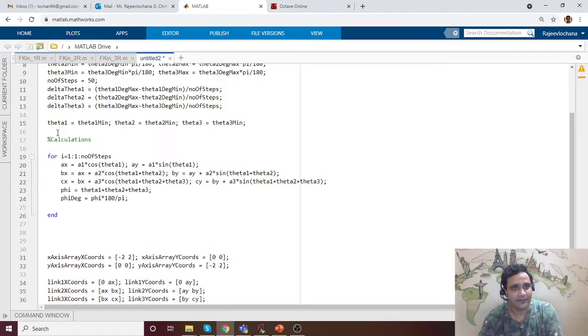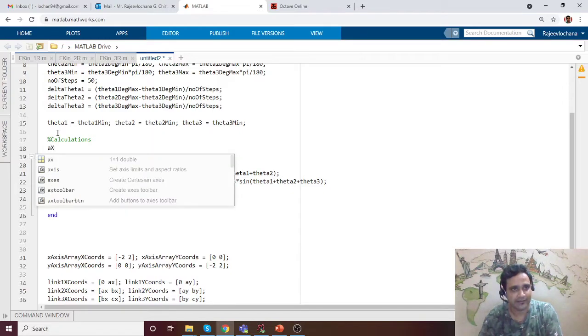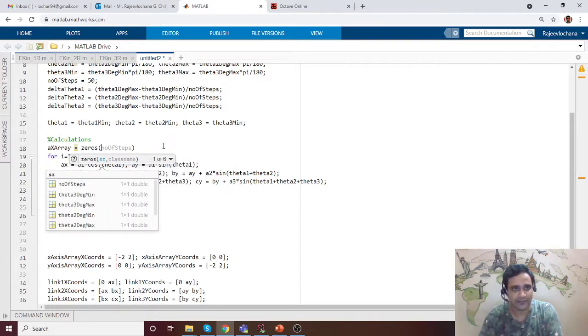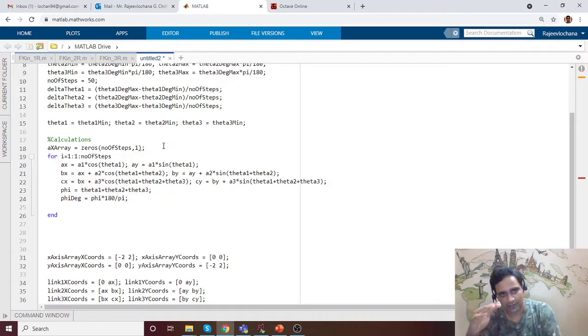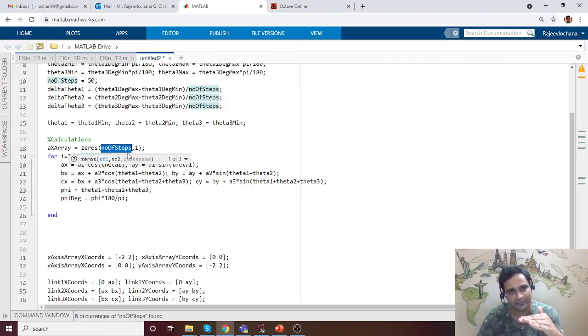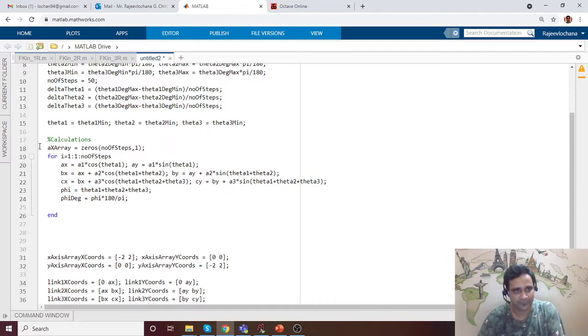We'll have an ax array, which we initialize as a column vector, where the number of rows is the number of steps and we have one column. We have all zeros. It is one way of initializing. Similarly, we'll have it for ay, bx, by, cx, cy.